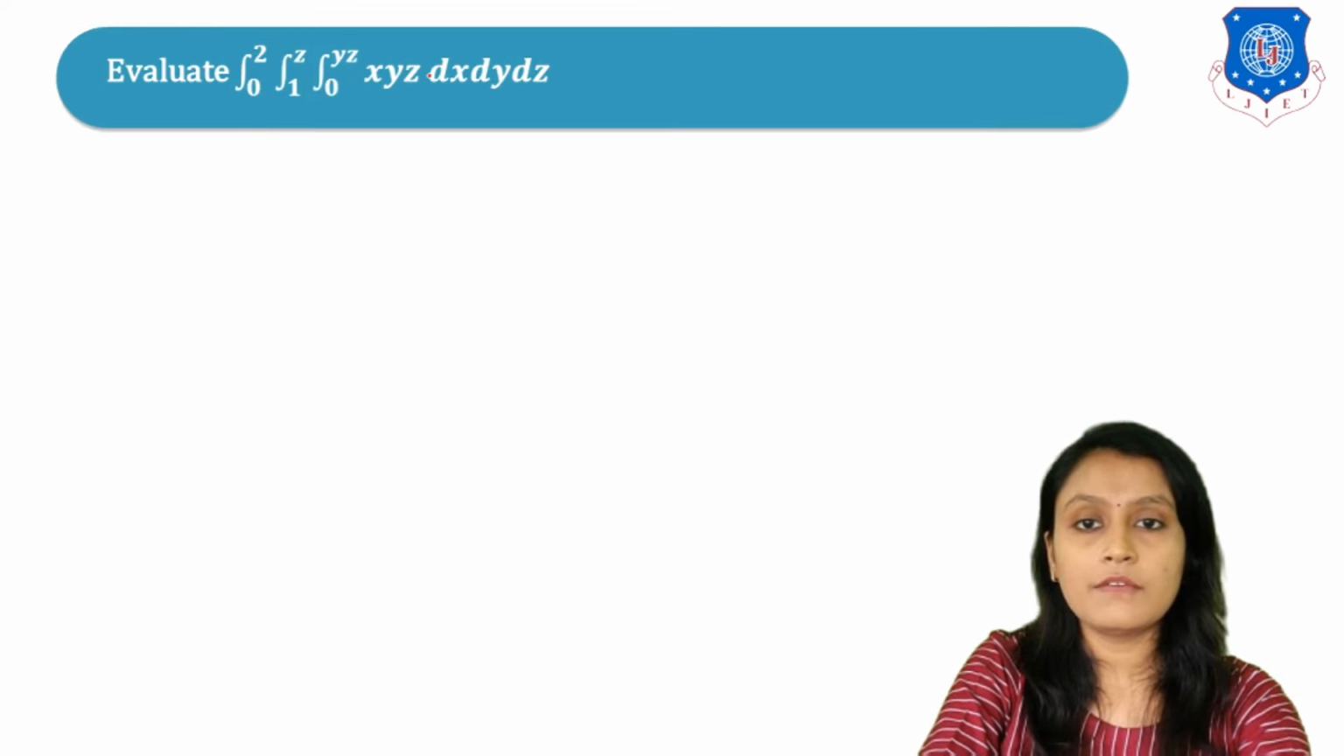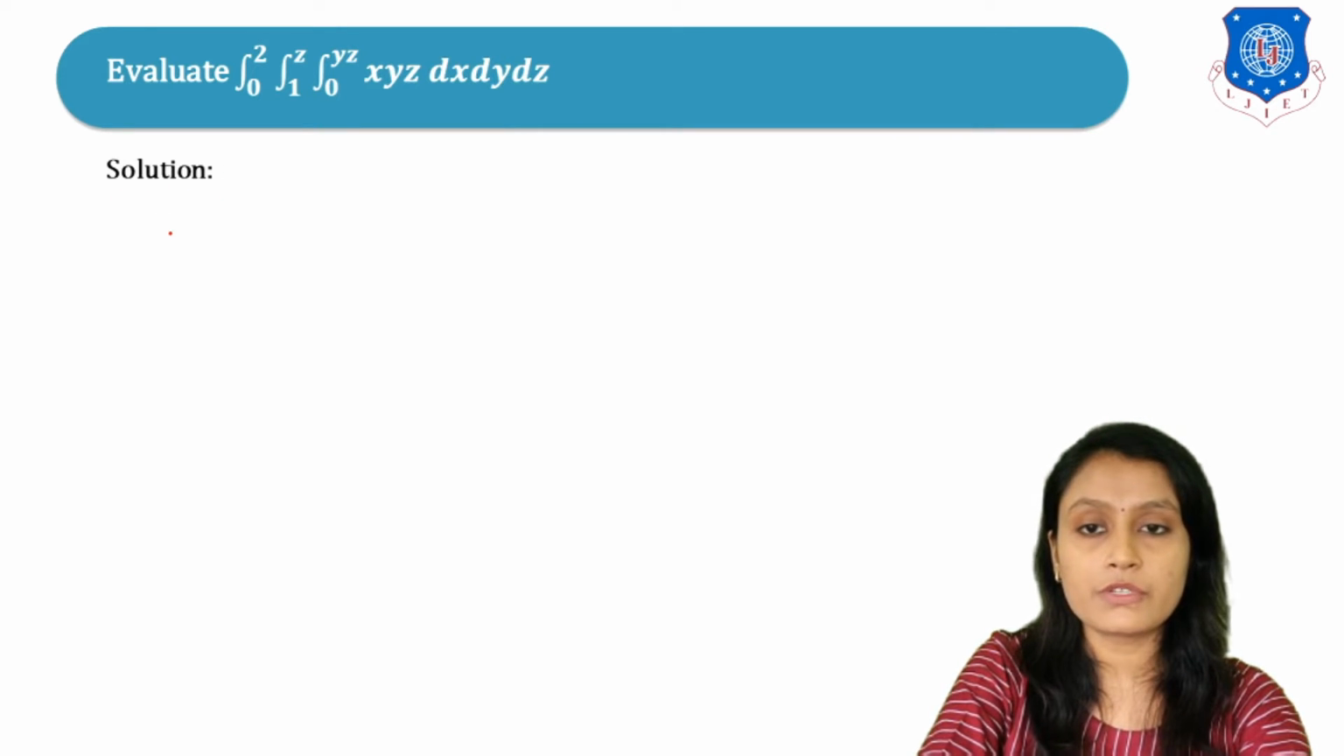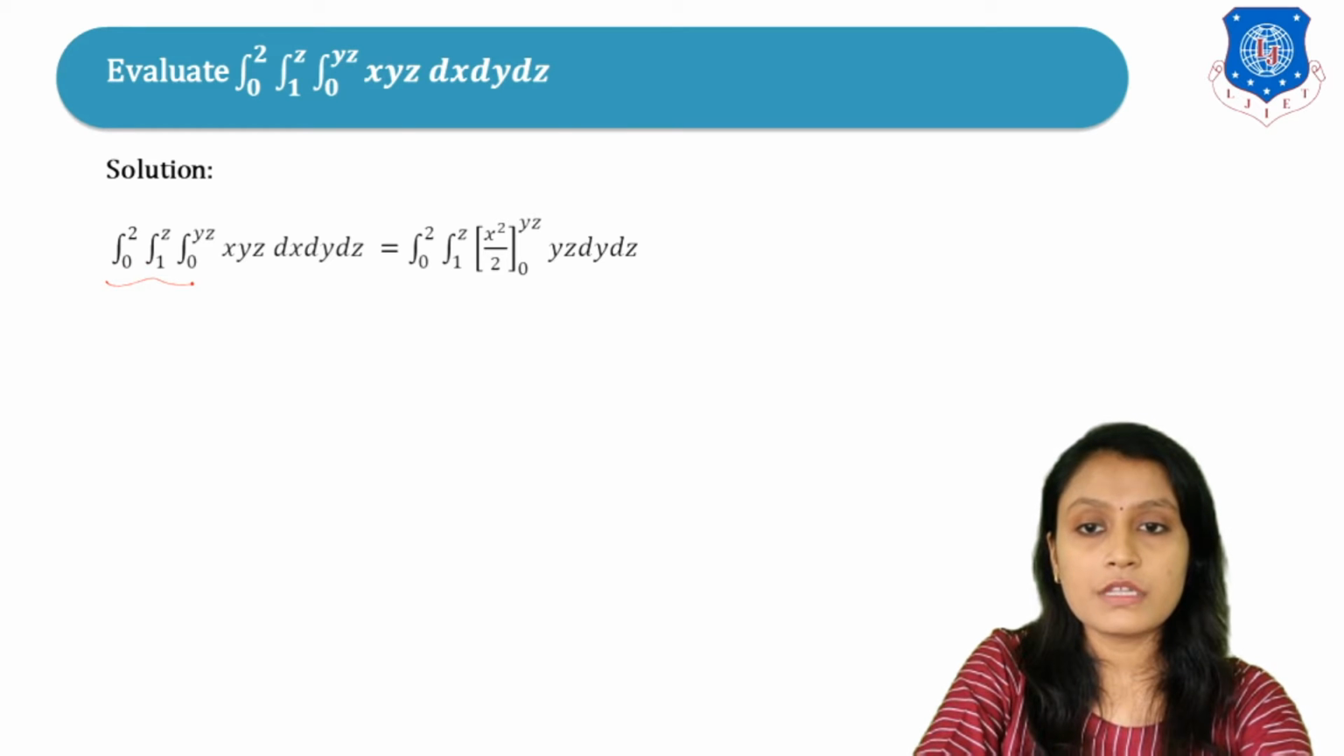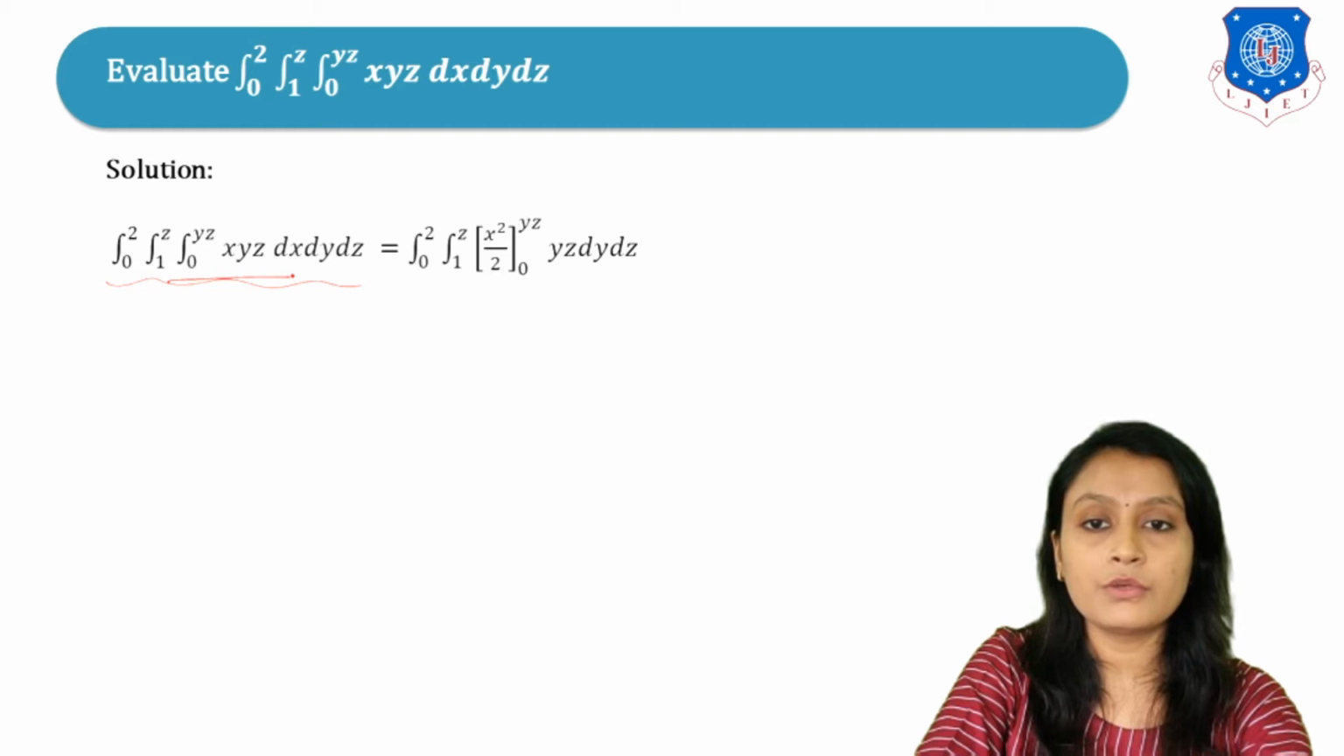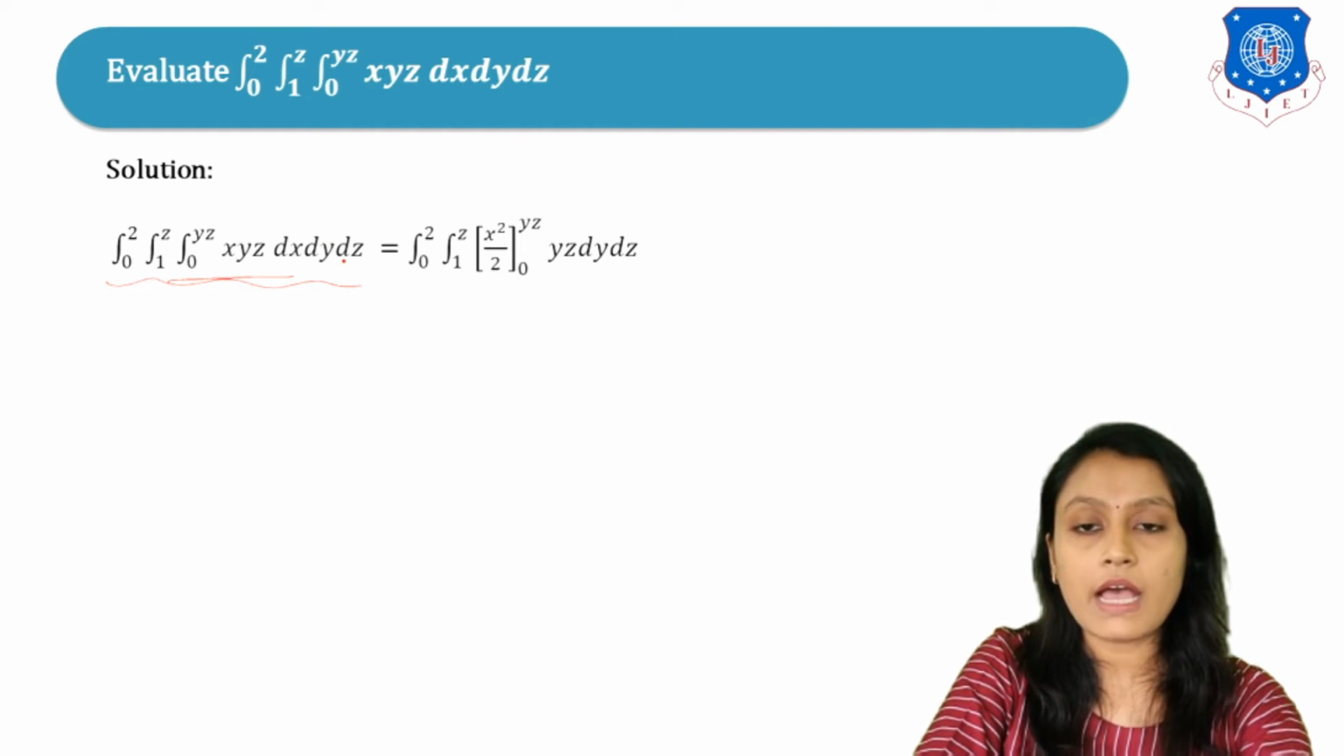Okay, now let's begin with the example. Evaluate triple integration 0 to 2, 1 to z, 0 to yz, x, y, z, dx, dy, dz. Okay, so let's begin with the solution. Here the question is given. Firstly we will integrate this with respect to x and we will keep y and z as a constant. Okay, so this yz, dy, dz and these two integrations are kept as it is,